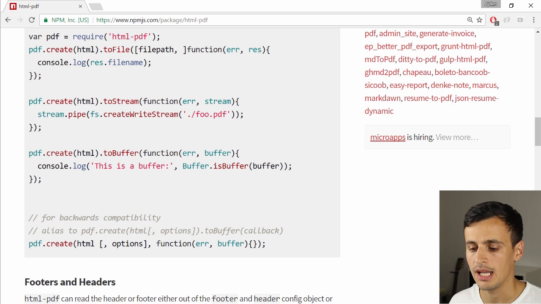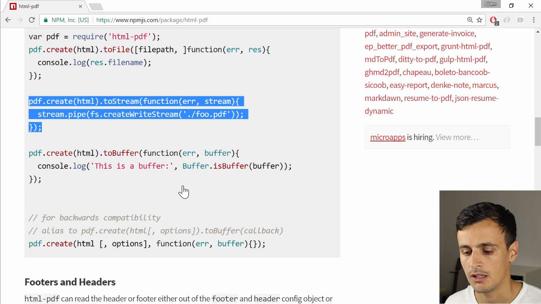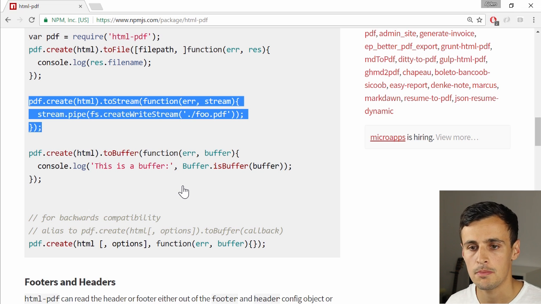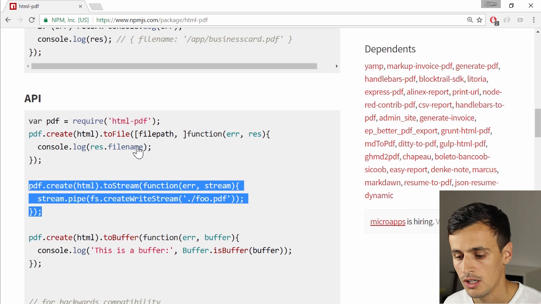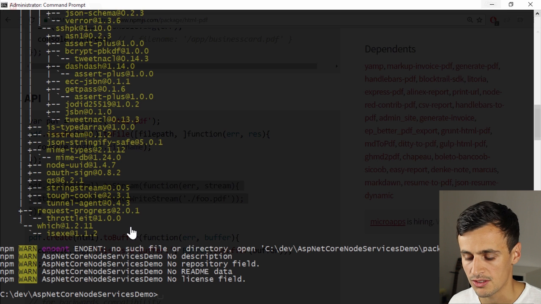So we'd probably like to stream the content back to our controller. So we're gonna use this API call right here. So we're gonna pass the stream, but we're gonna pass it to our callback function to be able to stream it back to our controller. And it sounds a bit complicated, but really it isn't. You're gonna see how easy it is to consume this stream in our backend. So now we've installed